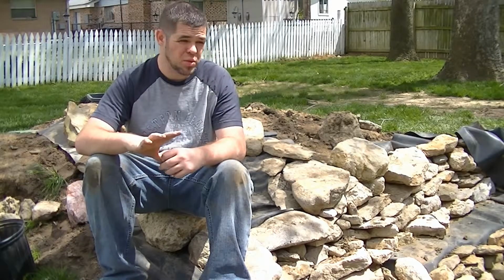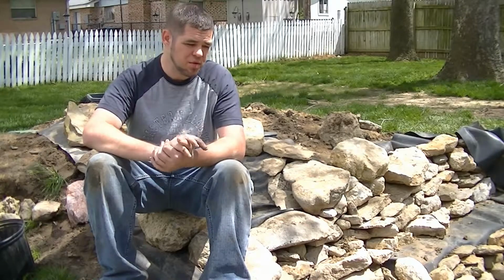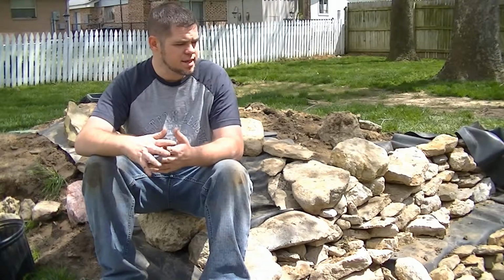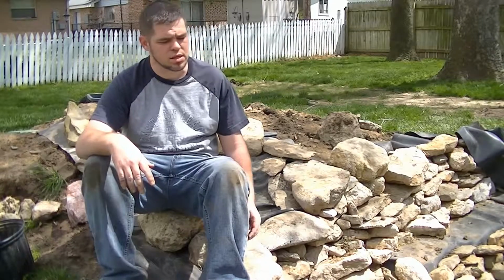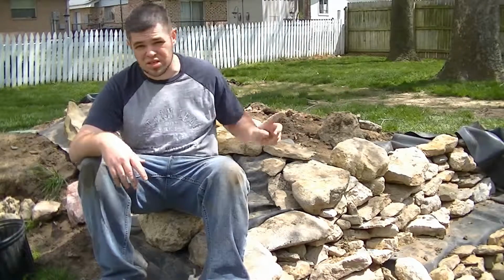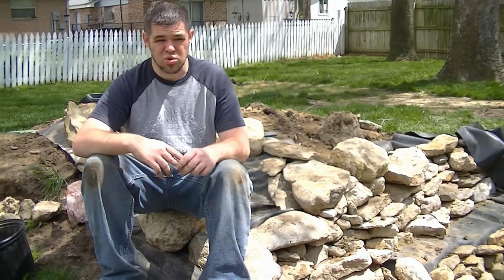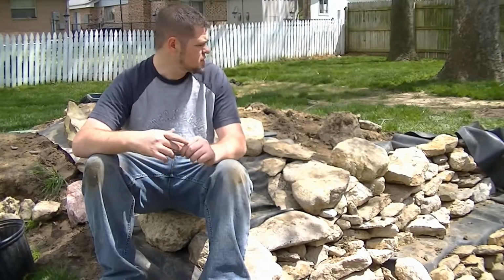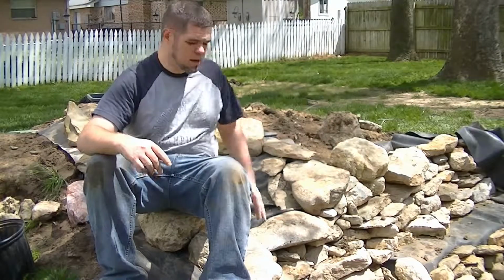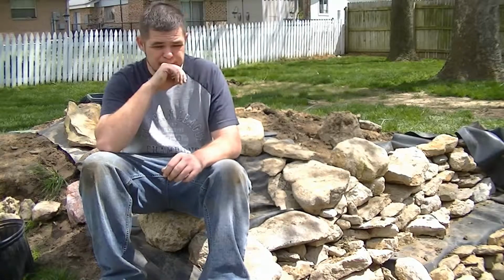So that might be a couple weeks, but I think at this point I'm going to go in and try to fill the pond, test it out, see how high I can actually get the water level like this. I also need to start trimming it. I probably won't do that on camera because that's more tedious, long, boring work, because all that's going to be doing is bringing it up, putting a little bit of silicone on it, trimming it back,